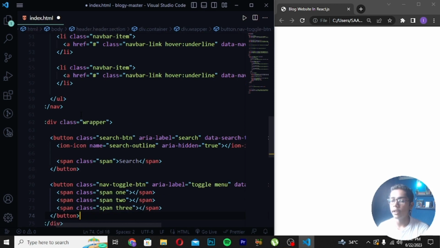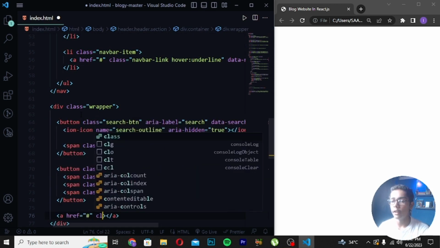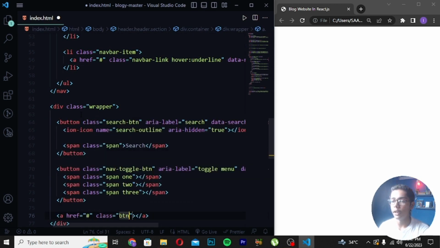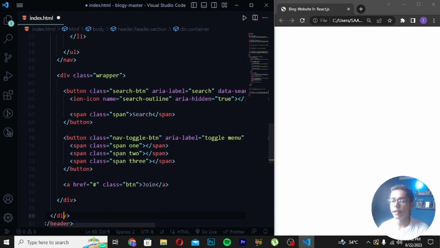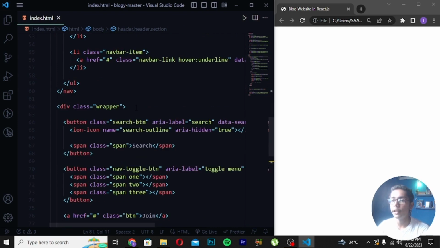After writing this tag, you have to move down right here, a tag, and write here class which should be like btn, and write here join like this. Then you have to move down and write here center, move down after the header class, save it here, then